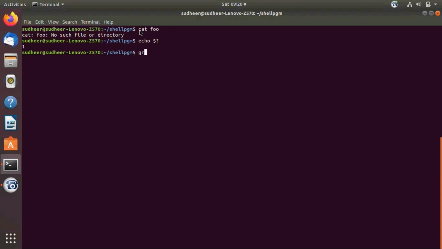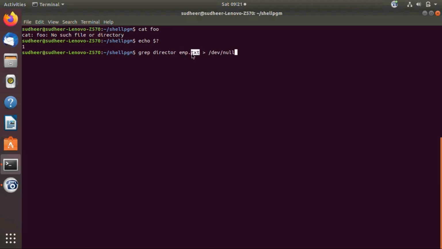Next example, grep director employee.txt, greater than symbol, and the device file. So in this command, grep is going to search the pattern director from the file employee.txt.